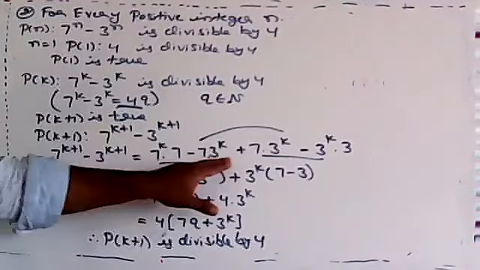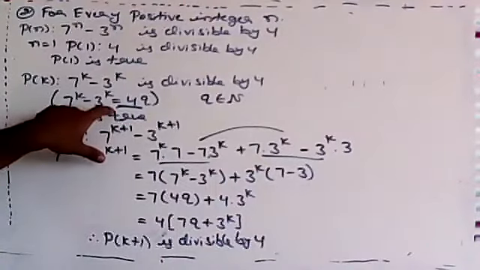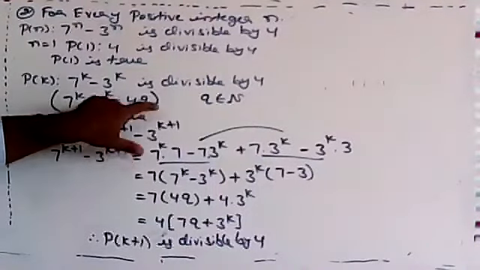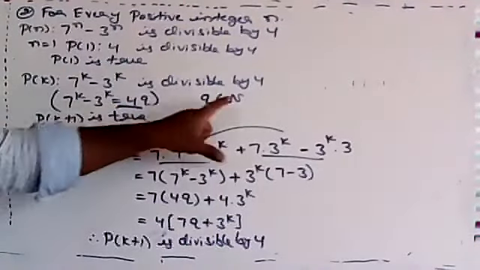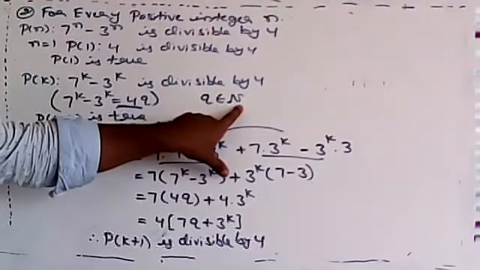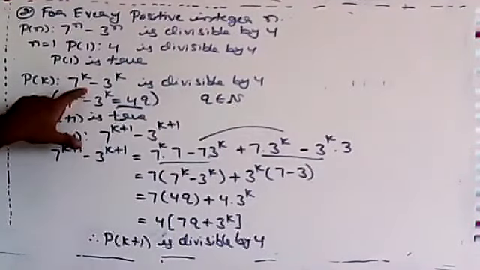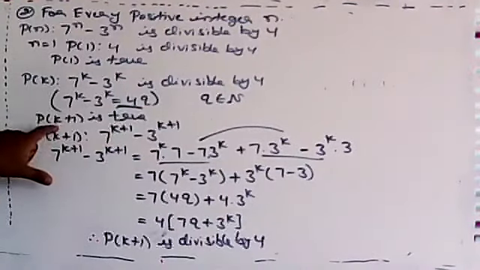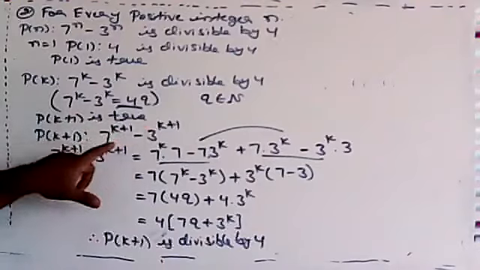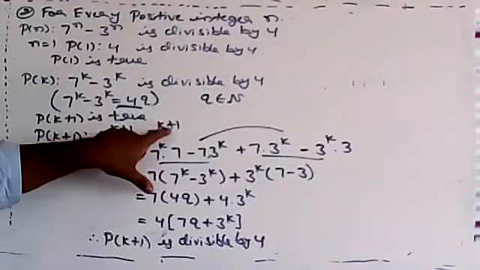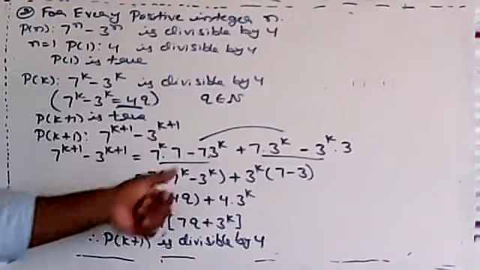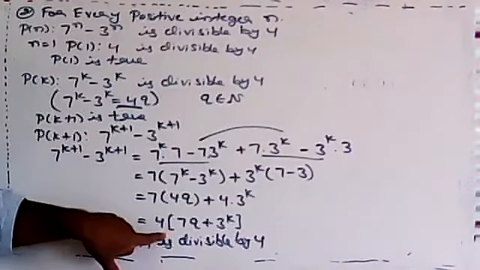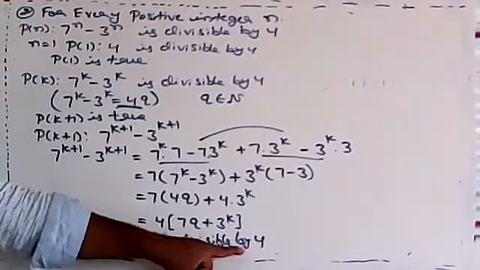Just you have to balance here. You have to check as per what I have taken. So you can take q or d, any number, which belongs to natural numbers. So I have taken 7 to the power of k minus 3 to the power of k as 4q, correct or not? Then p of k plus 1 is true, we have to prove. So in the place of k, k plus 1 is taken. So this one I wrote as it is. To get this as 4 times something, we have to prove it as divisible by 4.